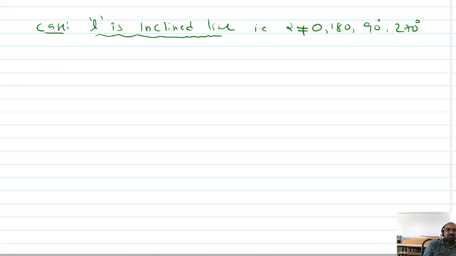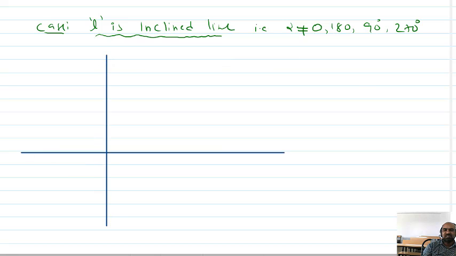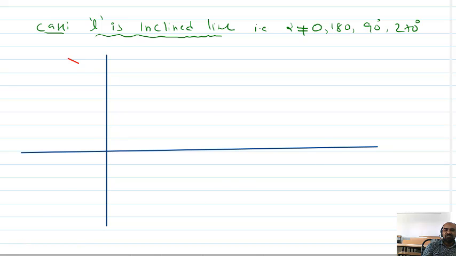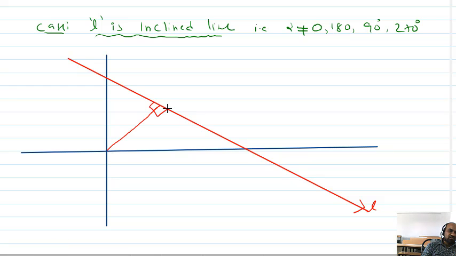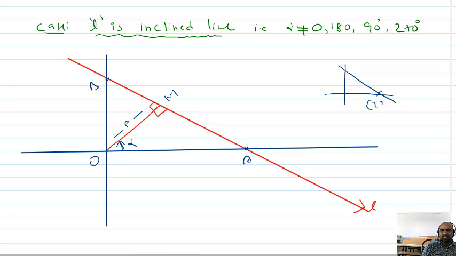In this case, I want to prove it. First of all, I want to draw the diagram, students. This is the y-axis, this is the x-axis, and this is the line L. I want to find its equation. First of all, we need to draw a perpendicular from origin to that line. This length is given as p, this is O, this is M, this is A, this is B, and this is given as alpha. Now we want to find its equation. So students, listen, if you know the x-intercept and y-intercept of a line, directly I can find its equation.